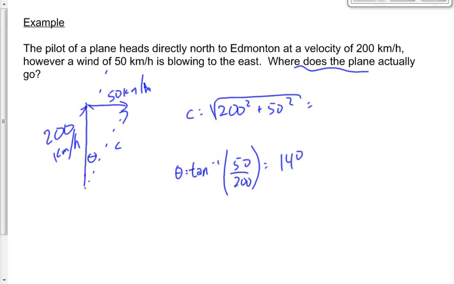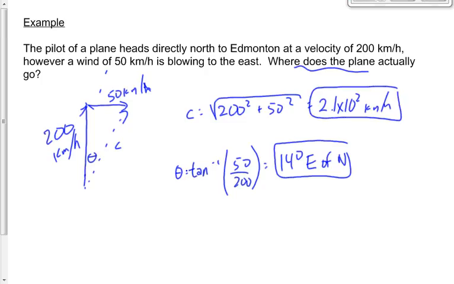Good. That would be 14 degrees what of what? East of north, right? It's measured from the north axis, but it's kind of going to the east from the north. 14 degrees east of north. What about this side of the room? Stephen's side of the room. Stephen, you got that one? 206, which would technically round to 2 digits, 2.1 times 10 to the 2 kilometers per hour at 14 degrees